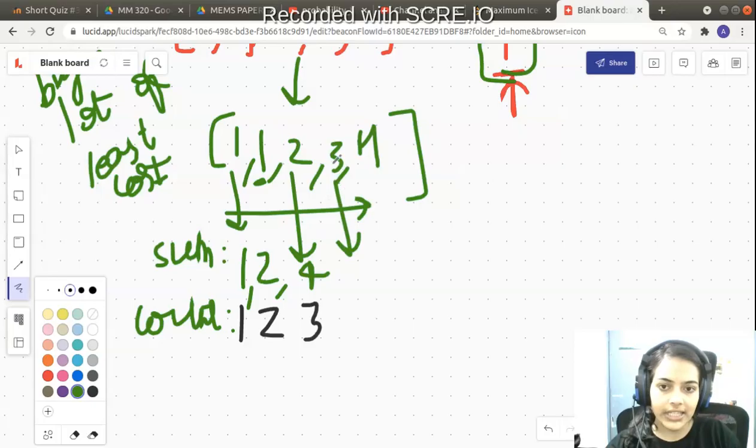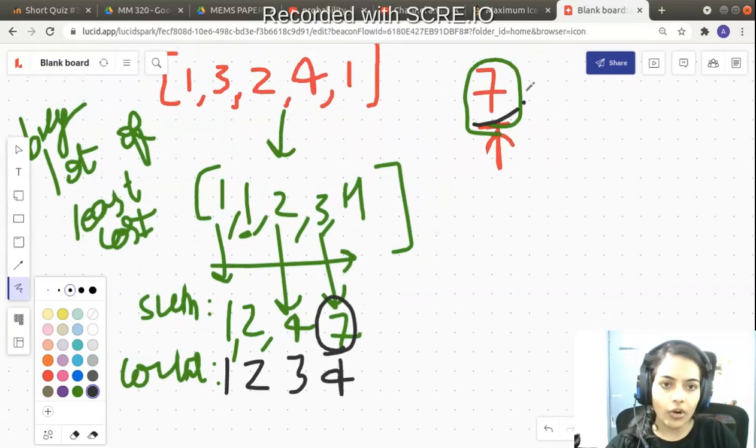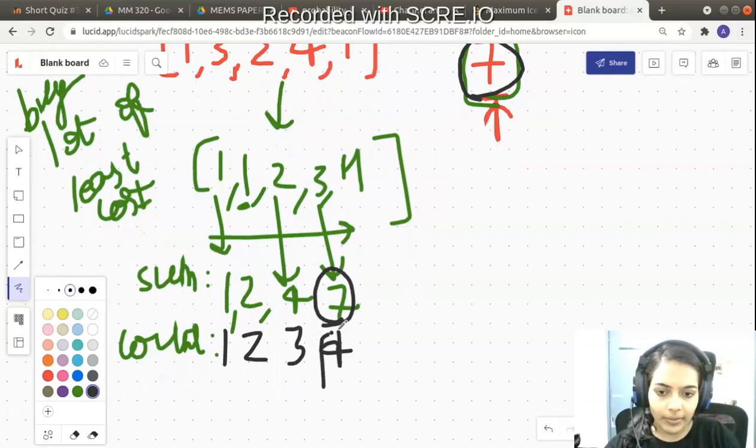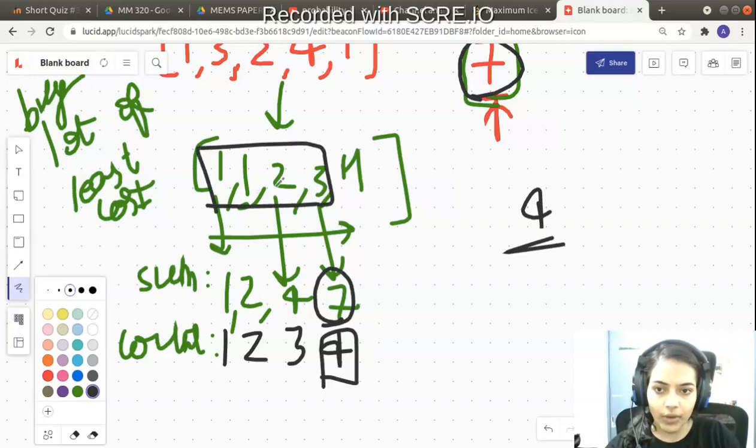To buy the next ice cream bar, you need to spend 3 rupees. You have already bought 3 ice cream bars and you have spent 4 rupees. 4 plus 3 is 7, and the count has become equal to 4. Now we can see that we just have 7 rupees and we have spent all the amount. So now we cannot buy any more ice cream bars. So we will return this particular count. So we will return the answer, which is 4. We could buy all these 4 ice cream bars which are costing 1, 1, 2, and 3.